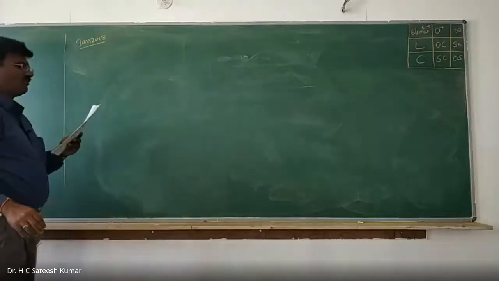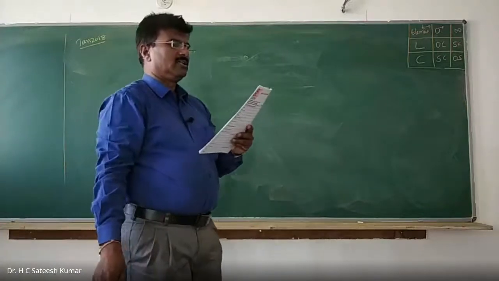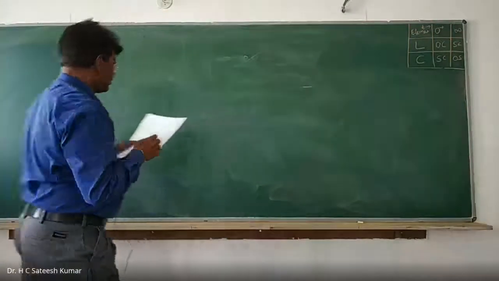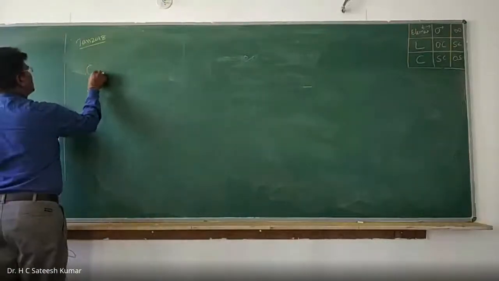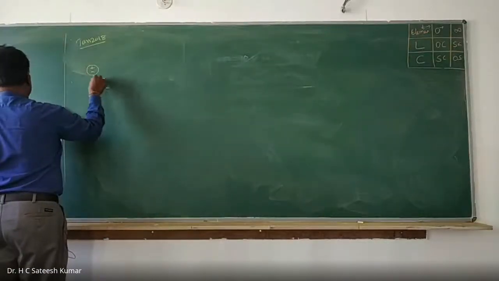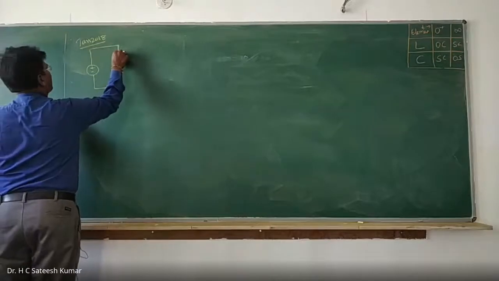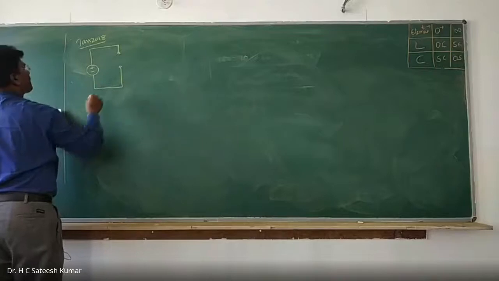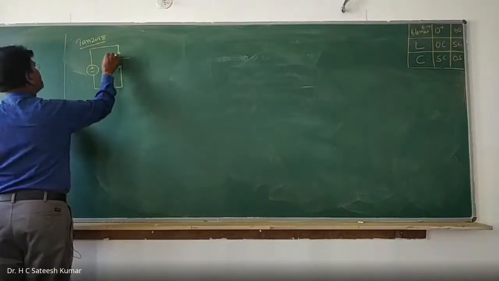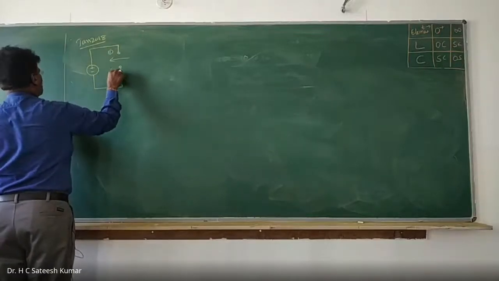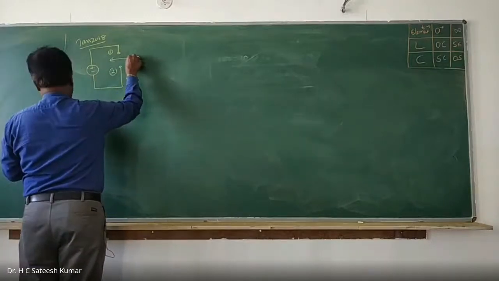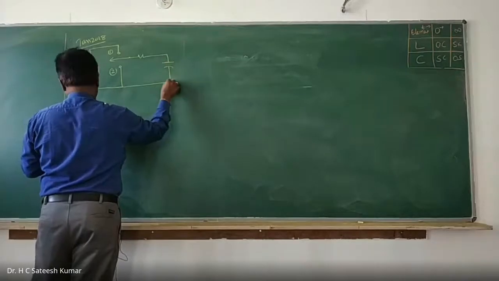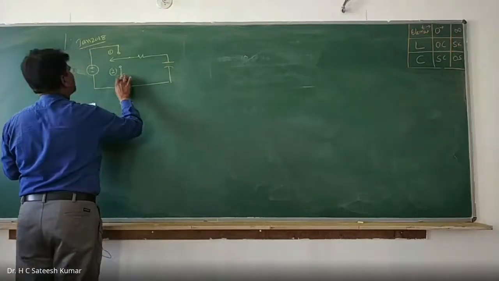In the circuit shown in figure, now another kind of switch, that is a double throw switch. So the switch is like this. Circuit first I shall understand. Plus minus. Switch is like this. Position 1, position 2. First you try to understand the logic. So this is very, very important.